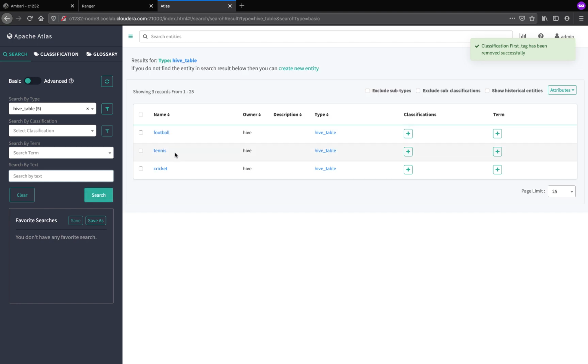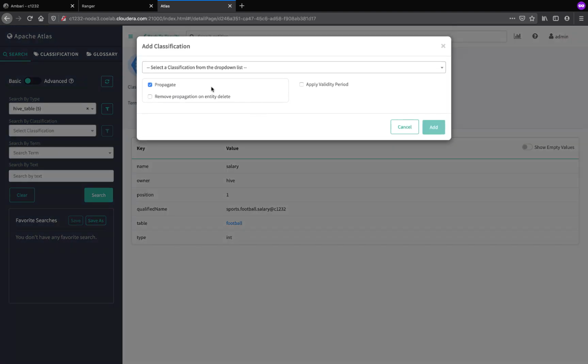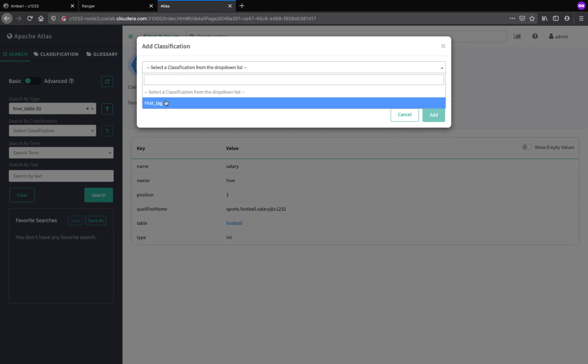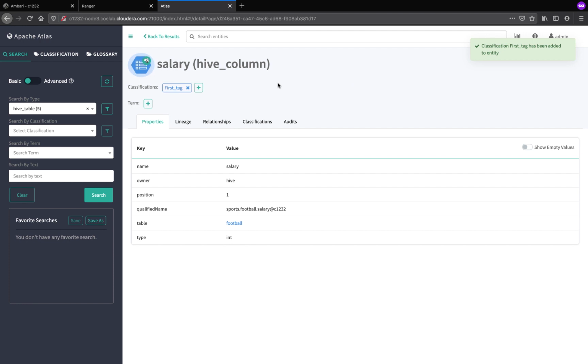I'll search for a Hive table. Click on salary. Select the same classification. Now the salary Hive column is tagged with the first underscore tag classification.